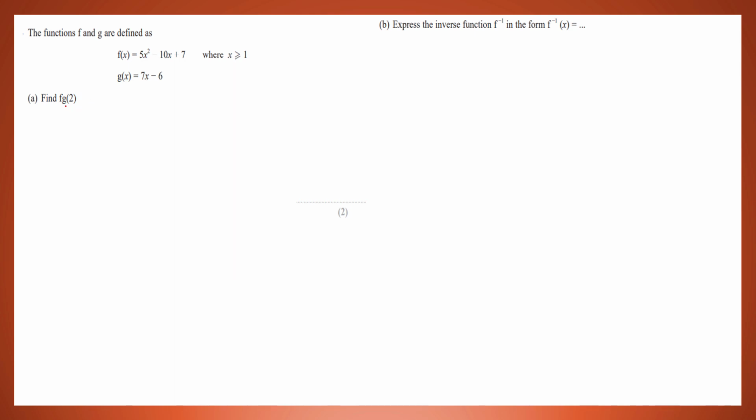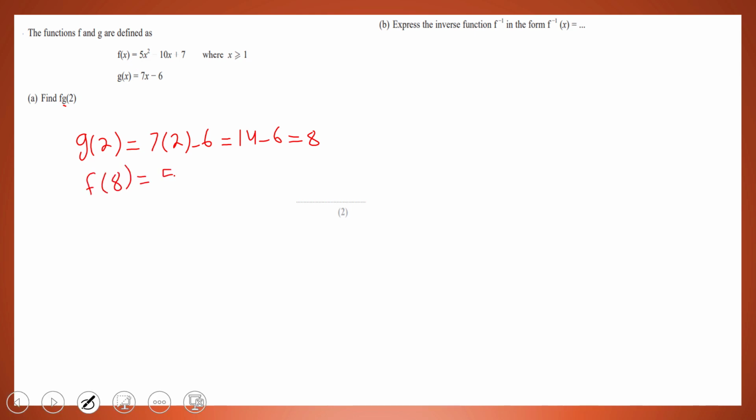So look at the second letter, which is g. You'll replace each x by 2. So g of 2 is 7 by 2 minus 6. It will be 14 minus 6, which is 8. And then take the 8, replace it in x. So it will be f of 8